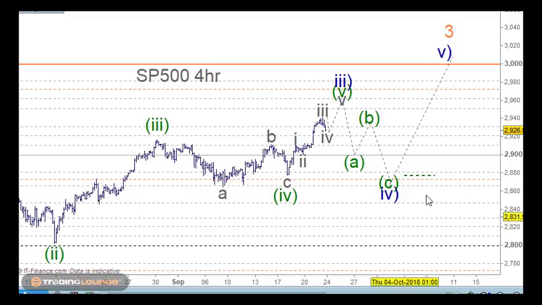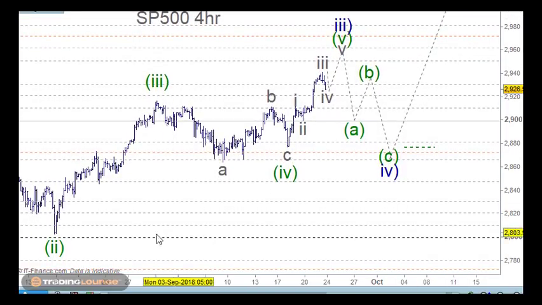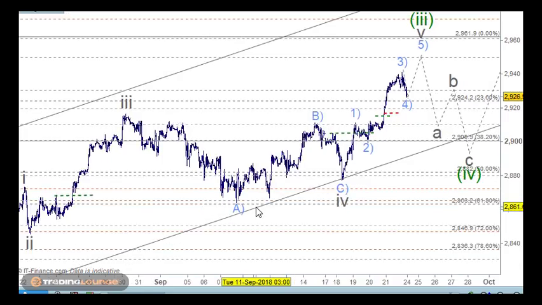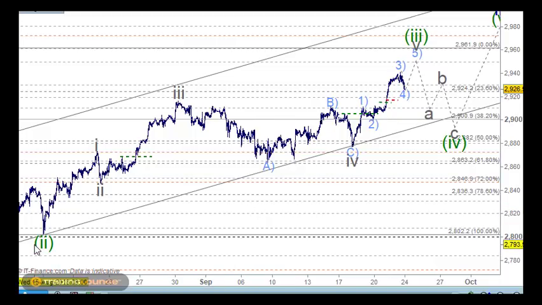One of the problems too, just throwing more stones at this, is that this move up here doesn't count very well as 5 waves. It counts more like 3 waves up here. So I've got to look at this in a slightly different way here. So on the 1-hour chart, I've got to keep track of all of these. So from this low here of wave 2, I've got wave 1 here, wave 2 here, wave 3 here,